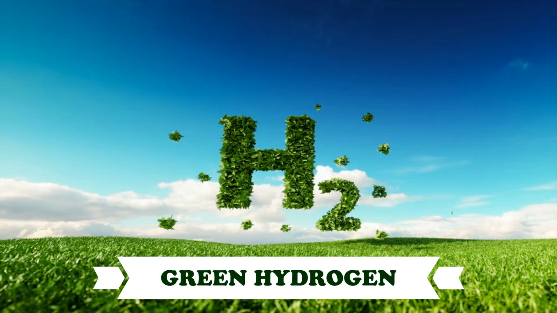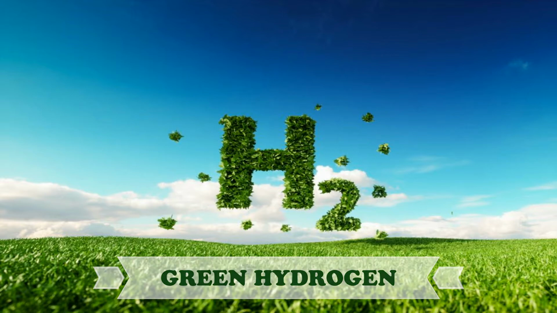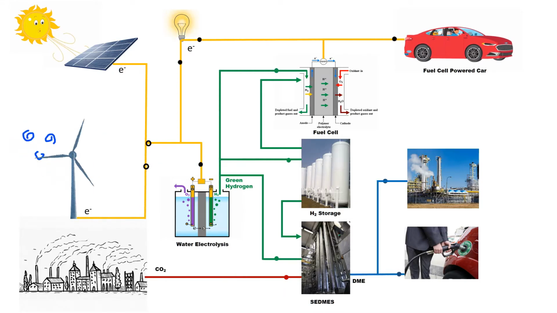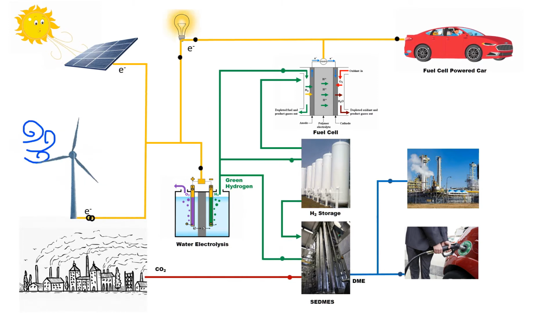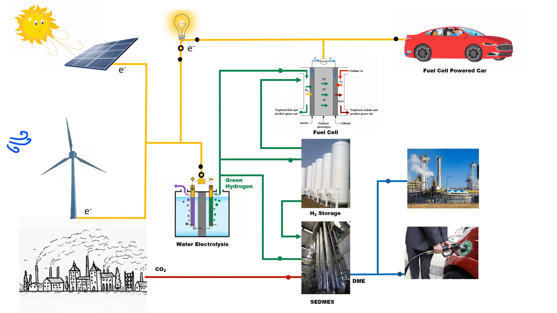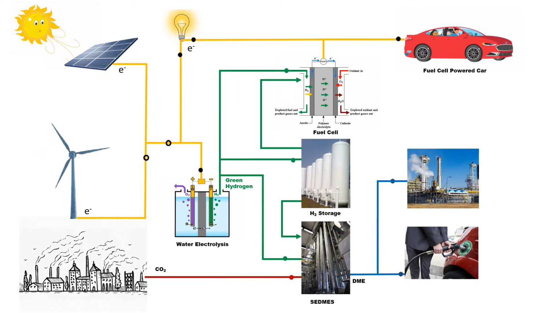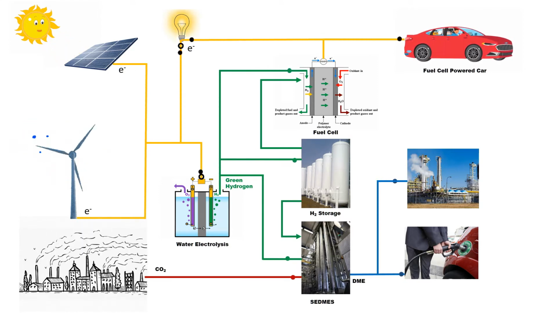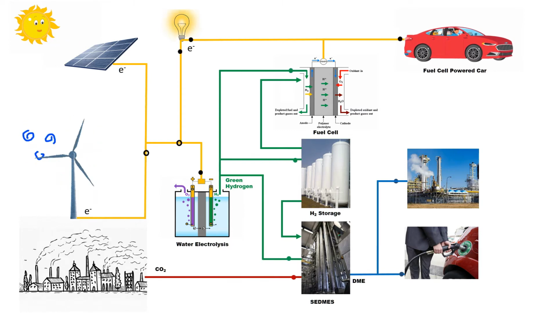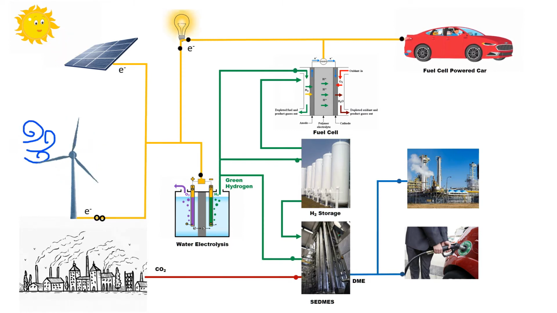Green hydrogen is the term used to describe the hydrogen produced by using electricity from renewable sources, such as solar and wind, for water electrolysis. The green hydrogen can be stored and used for various purposes, such as for producing electricity, running fuel cell-powered cars, for industrial applications, and also for producing dimethyl ether using power-to-X technologies that are being developed under the banner of